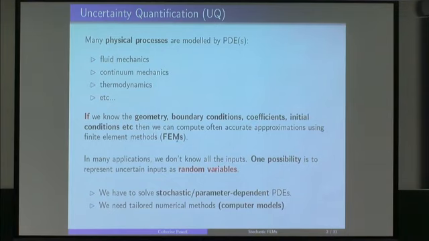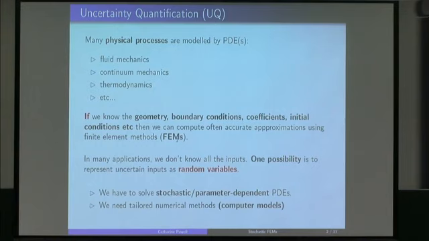One way to deal with uncertain inputs for our PDE models is to treat them as random variables, which sounds a bit odd, because in a physical problem they're usually not random quantities, they're just things that we don't know. But we typically model things that we're uncertain about with random variables or parameters. Some of us talk the language of random variables, some of us talk the language of parameters.